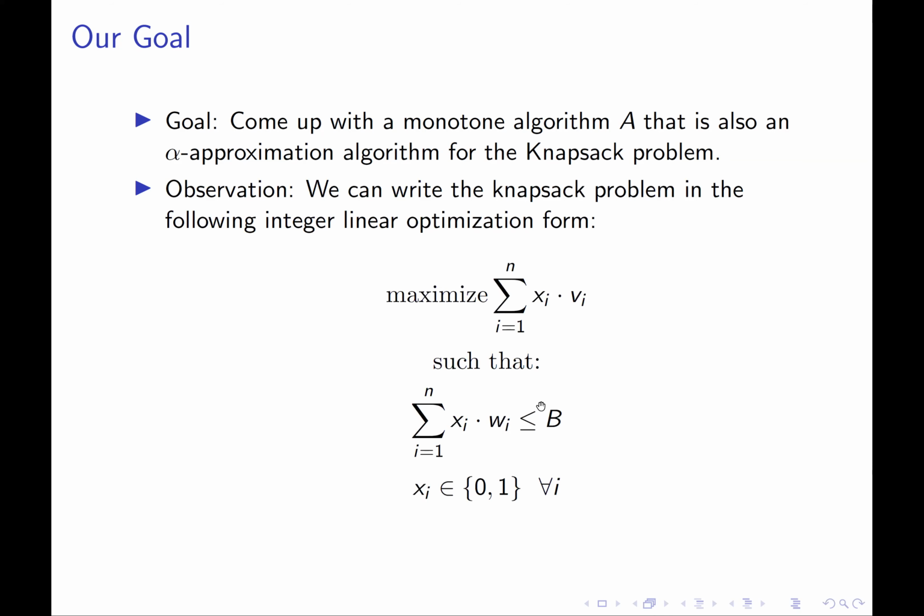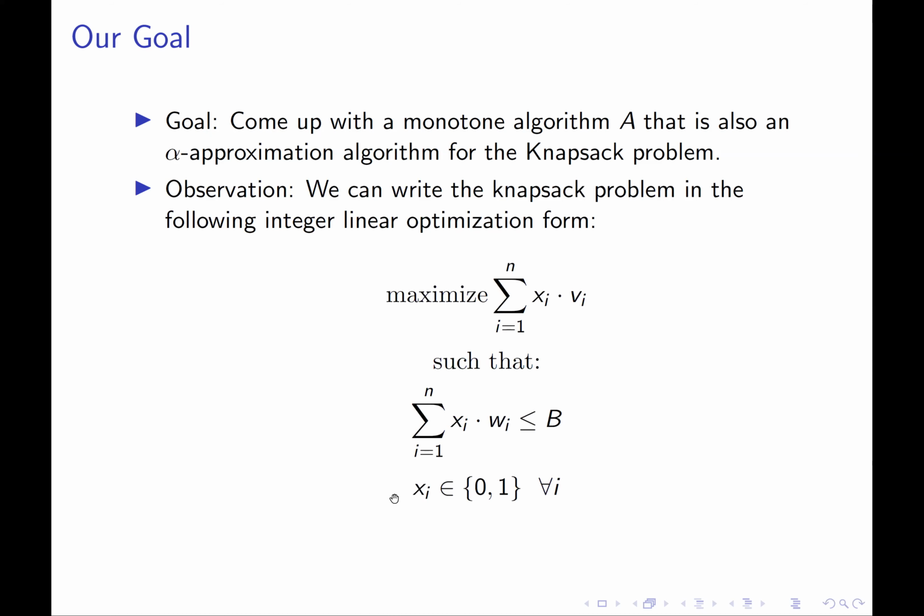And our constraint looks similar. It's the sum over all of the bidders of xi, the indicator of whether they win or not, times their size, wi. And we want this to be less than our budget b. And once again, what is this sum? Well, it's nothing more than the sum of the weights of all of the bidders that we designate as winners. Because for the bidders that we do not designate as winners, the xi values are 0, and so their term in this sum is also 0. And so this is really just the sum of the weights of the winners.